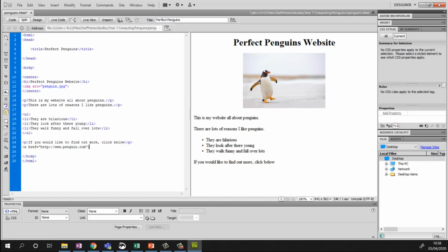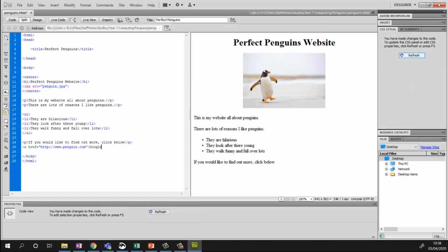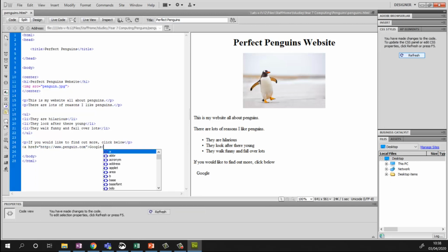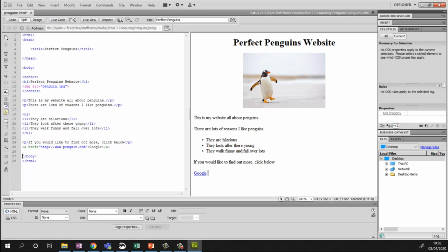Okay, so what I need to do, we'll come back over to this side here. I've not finished it off yet, because what you do is you put in the text you want to appear, like that. And then it's not working because obviously I've got to close my tag like so. And then hopefully, there you go, we get the underline on it, and it should look like that. So we've got an H1 tag, we've got our image, img source tag, then we've got some paragraphs, a UL LI, and then our link at the bottom here. So if you just save it,